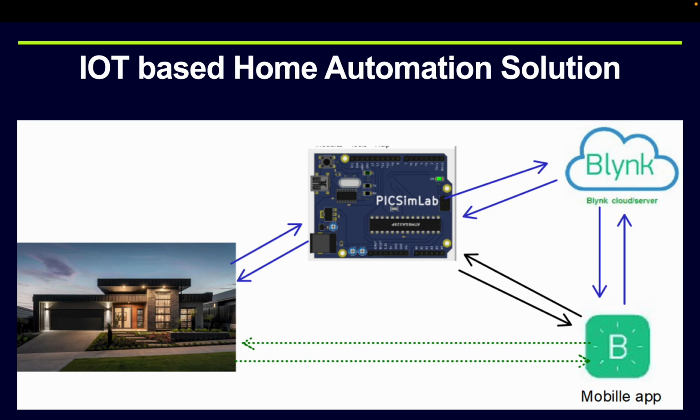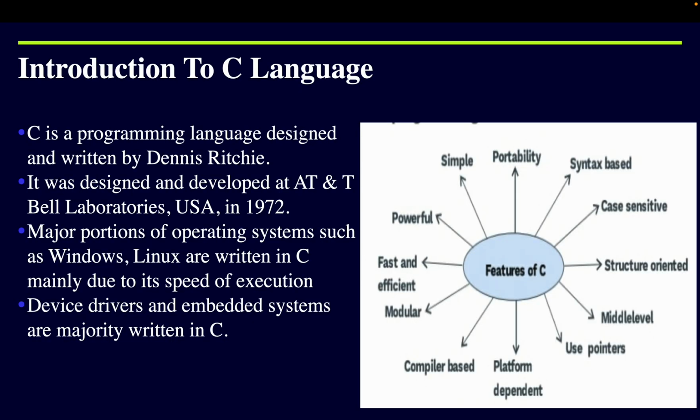Now we are going to see what I have learned during our internship. First of all, I am going to tell you about the C programming. C programming is the programming language which was developed in 1972 at the AT&T lab, Bell Lab. The major portion of operating systems such as Windows, Linux, and some part of iOS are also written in C programming language, and the main advantage is that its execution speed is very high, and in embedded systems it is